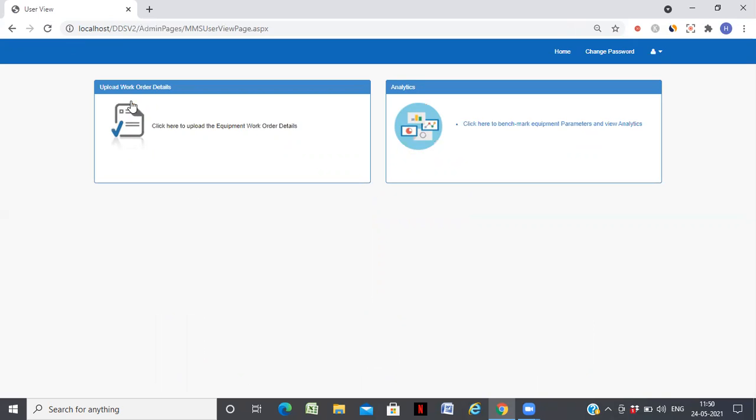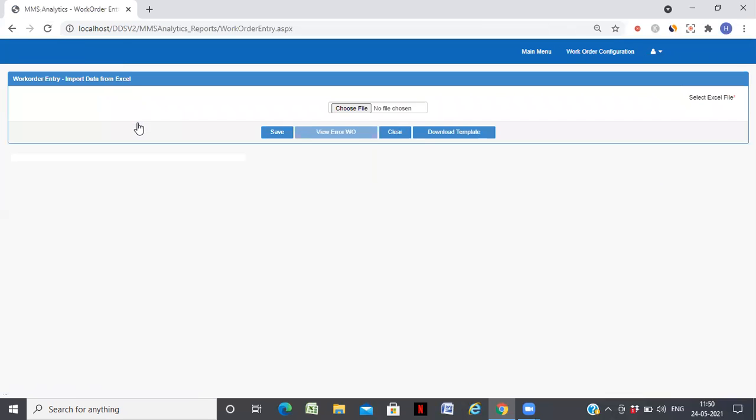So if you look at upload work order details, what this section does is, in case you have an existing maintenance management system, you can just integrate it into the system. So you can just have a report of all the work orders in Excel and upload it into the system.